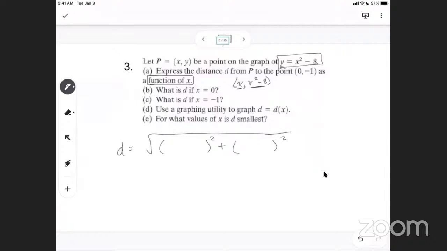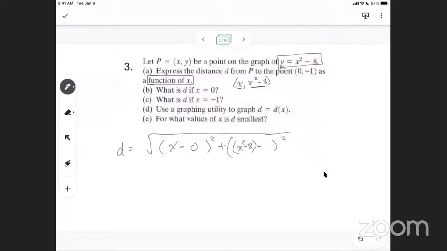And we're going to plug in the x's and the y's. So the x's are going to be, I'll plug these in as my first point so that I don't have negatives with them. So this is x minus the x coordinate, which is 0. You follow what I'm doing here? And this is going to be y. Your y is going to be x squared minus 8